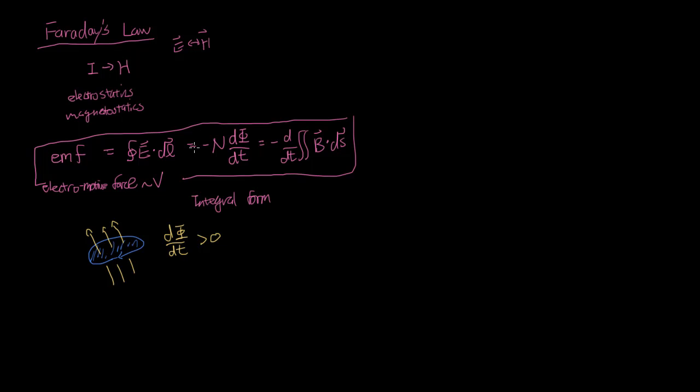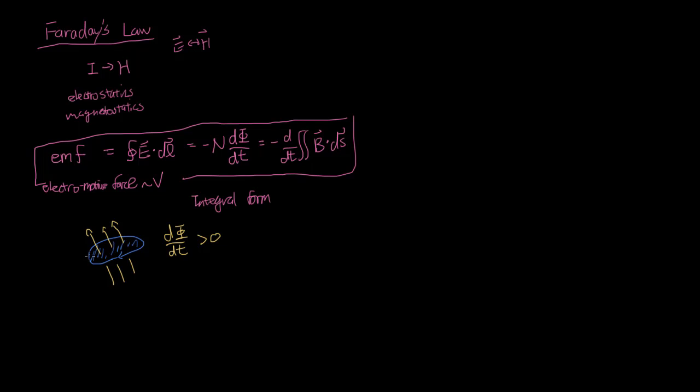Remember, there's a negative sign here. So as this increases, what's the corresponding current that you would expect to come out? If you use the right-hand rule, it would be in this direction, right? However,